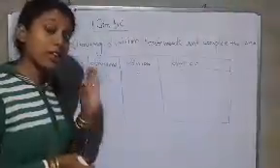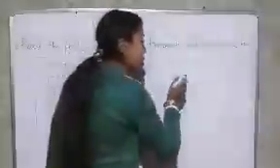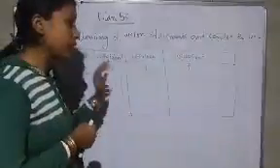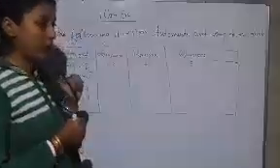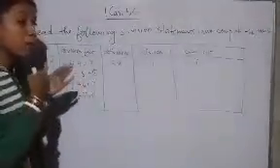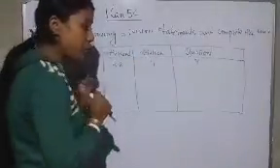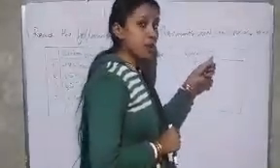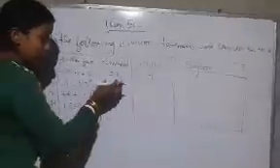We have to find out which one is the dividend, that means which number we are dividing, which one is the divisor, that means by which number we are dividing, and this one is the quotient, meaning the result that comes after dividing this number by this number, okay? So it is given 28 divided by 4 equal to 7. The number we are dividing is called the dividend, and the number by which we are dividing is called the divisor, and the result we are getting is called the quotient, okay? So I hope that you have understood.